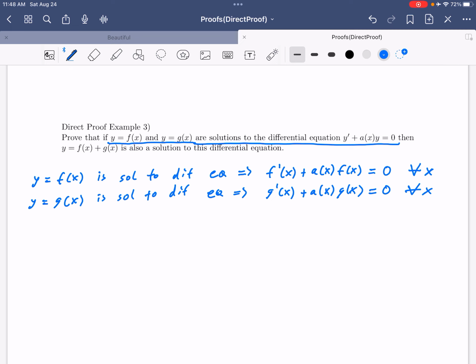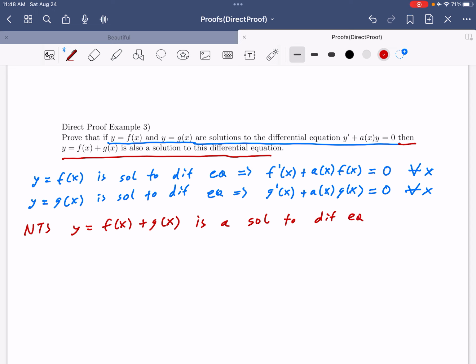Okay. Now let's translate our need to show. So we need to show then y equals f of x plus g of x is a solution to the differential equation. So let's translate what that means. That means we need to show that if we plug in f of x plus g of x, so that means we need to show that f of x plus g of x prime plus a of x times f of x plus g of x